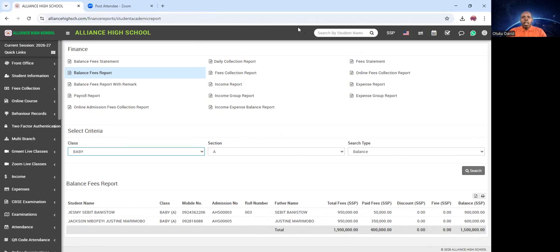Thank you so much. This is one way that we can use to check on the records of our payments in our institution for proper